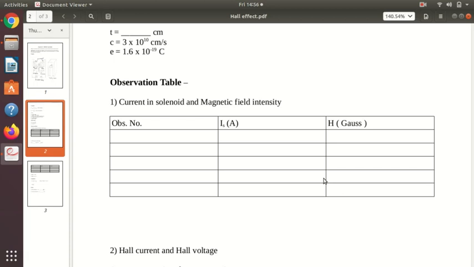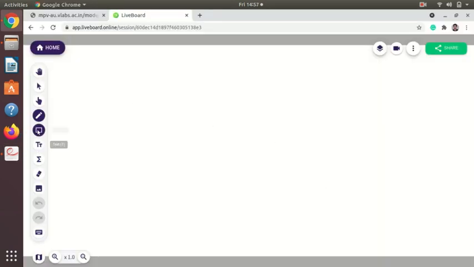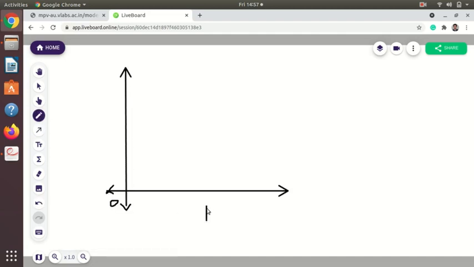So I will just quickly show you how it works. I will plot the graph. We are going to plot the current, which we will denote IS, because this current is different from the current in the Hall probe. This is the current in the solenoid, so the subscript is S. This current is in ampere, though we are using SI unit here because this will not affect our next experiment or our calculations. And on this axis we will record the magnetic field intensity. Suppose you get some points like this.